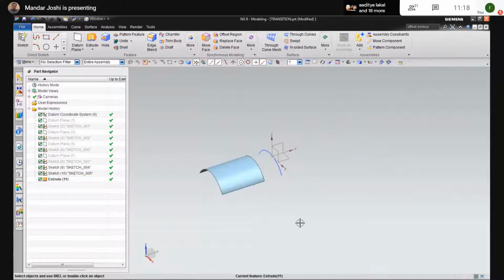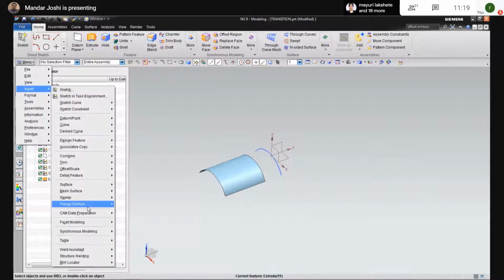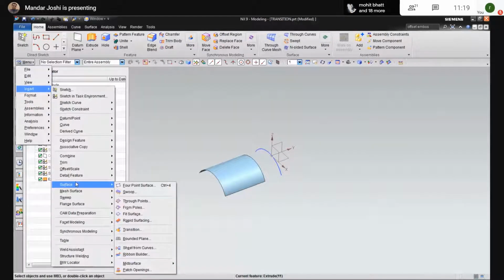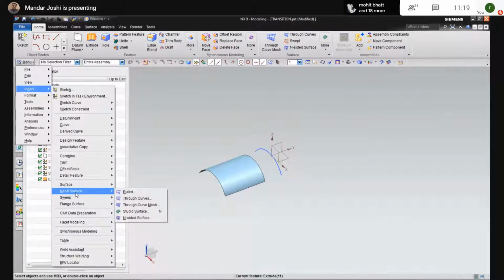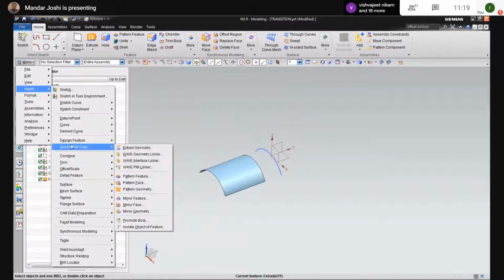Now I'm going to rotate this with the help of the pattern surface command. Insert, Surface, Associative Copy. Here we'll get Pattern Geometry.